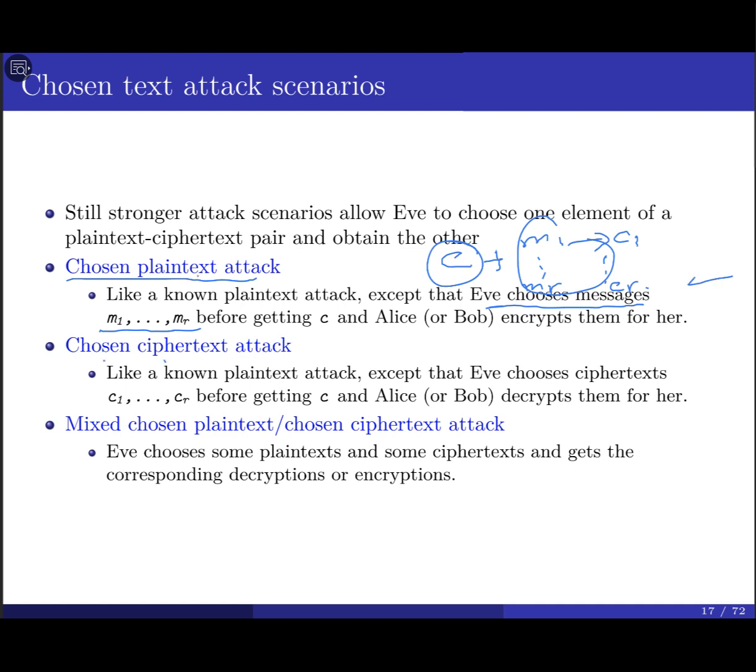The chosen ciphertext attack is going to use the same definition as the chosen plain text attack, but in this case, Eve is going to choose the ciphertext before getting C. Someone may ask, how can you choose the ciphertext? We're going to see later. It depends on the encryption scheme. For example, your encryption scheme is going to produce 1024 bits. That's the length of the ciphertext. So it's easy to come up with a 1024-bit string, for example, all of them ones.